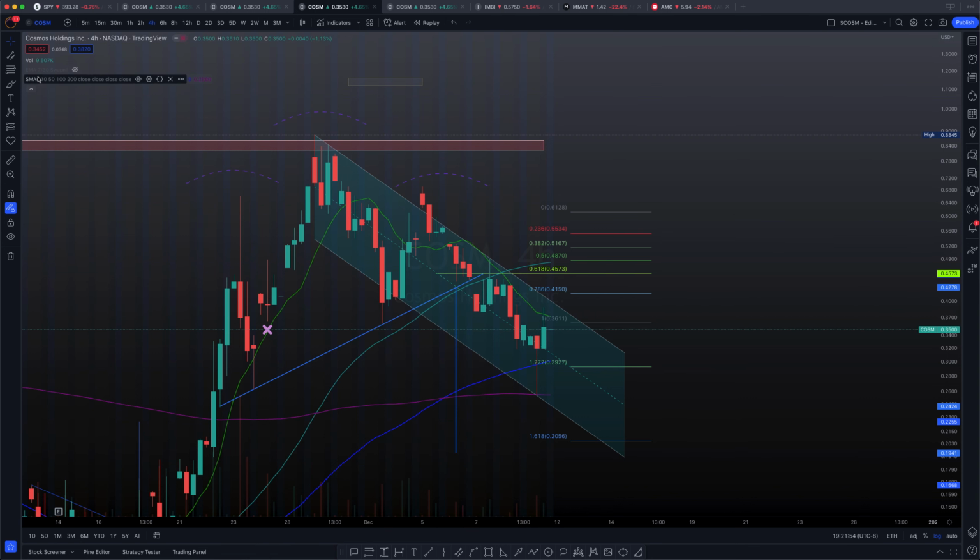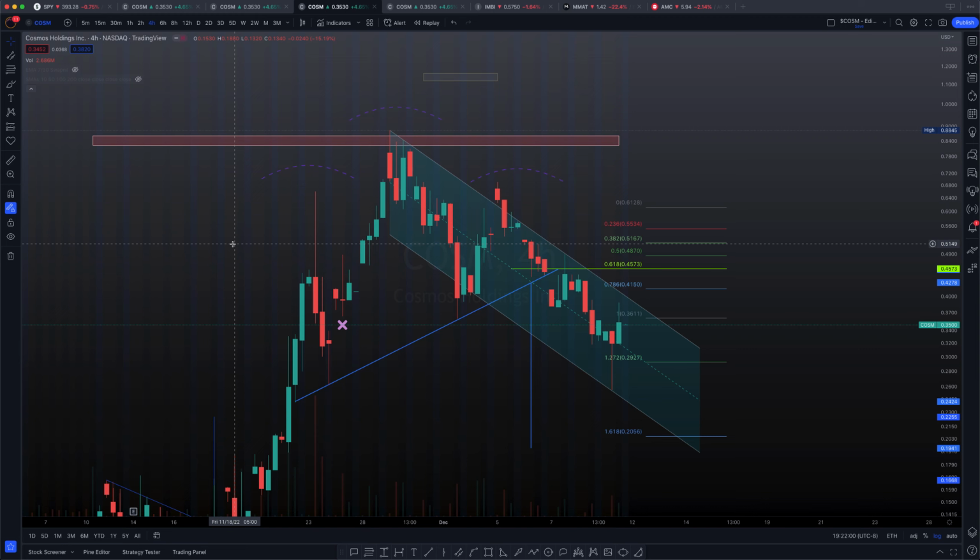Let me get rid of some things so we can make it a little easier. For the new viewers, the reason you're seeing this a little messy is because we're continuing. As we're going, we're making the changes and modifications and moving along as such, right? So this is why sometimes it's a little difficult to see. Like, for example, this X, I don't even know why I have it there anymore. I think this was regarding an exit strategy for a Discord member that I provided. Okay, so now,